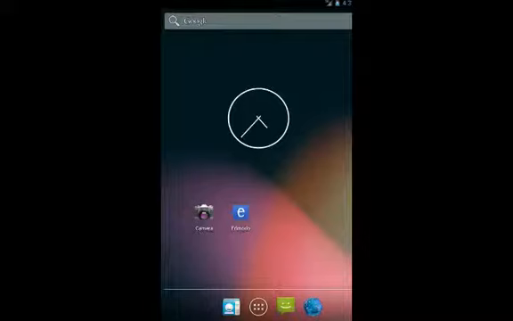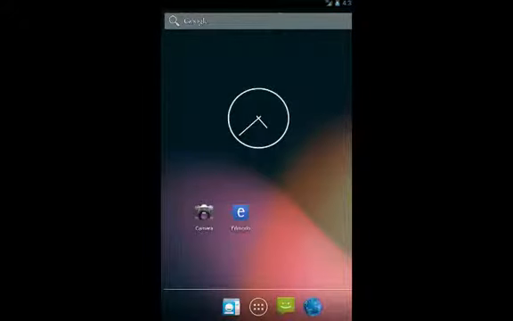So Edmodo is available for download through the Apple App Store on your iOS device. So this includes iPads, iPhones, and iPod Touches, as well as through the Google Play Store on any Android-powered device, such as, let's say, a Google Nexus phone or a Samsung Galaxy Tab. So again, as long as you're running iOS or Android, you will be able to download the Edmodo app through